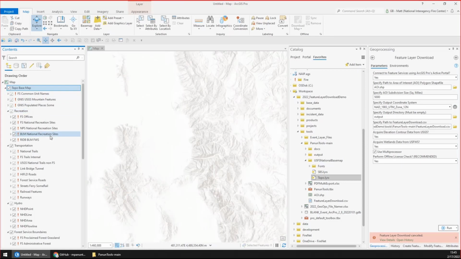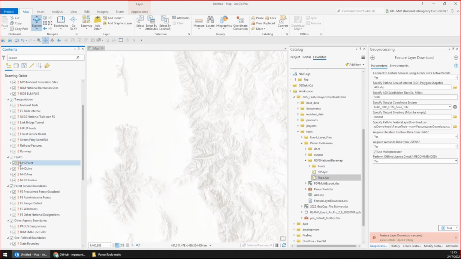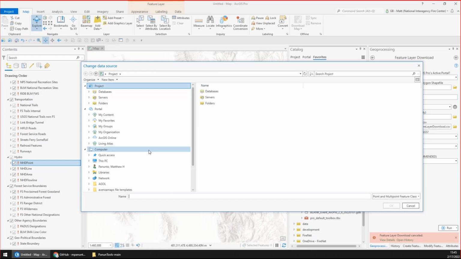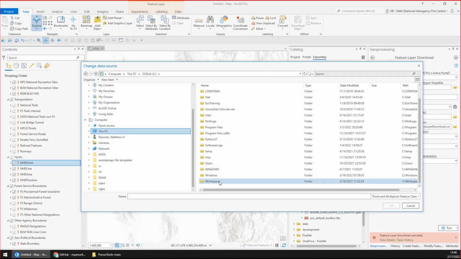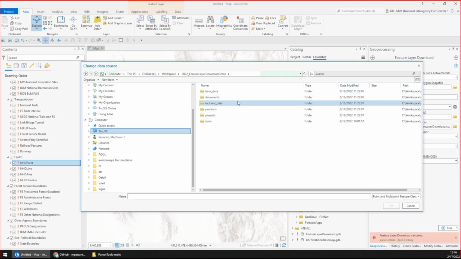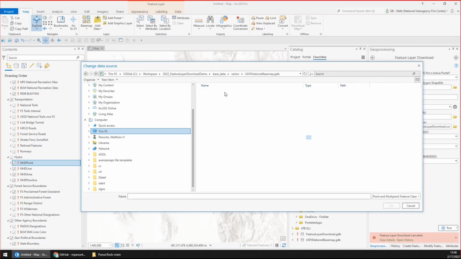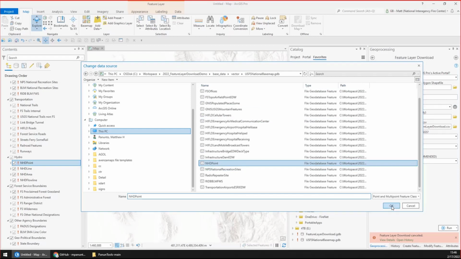Next thing you need to do is resource one of the broken layers. They're all going to be broken when you first add this into your map. So I usually just like to add NHD point because it's just easy for me to find. So now navigate to where your output geodatabase is. Mine's C drive, workspace. There's our geodatabase. So we could rename this to something more relevant. Let's call it NHD point.